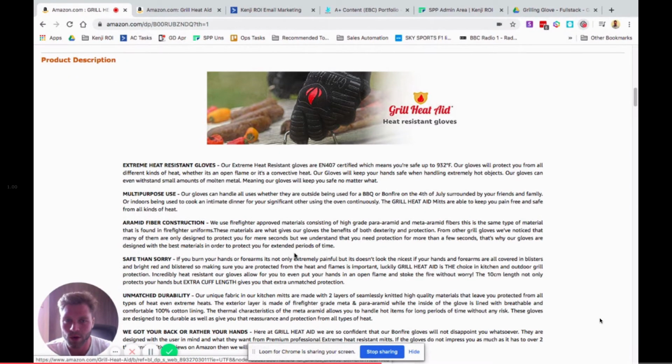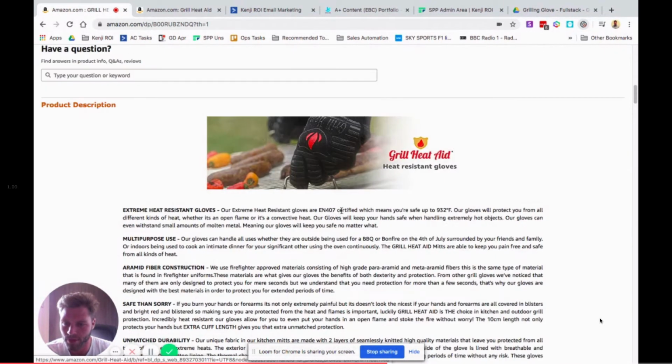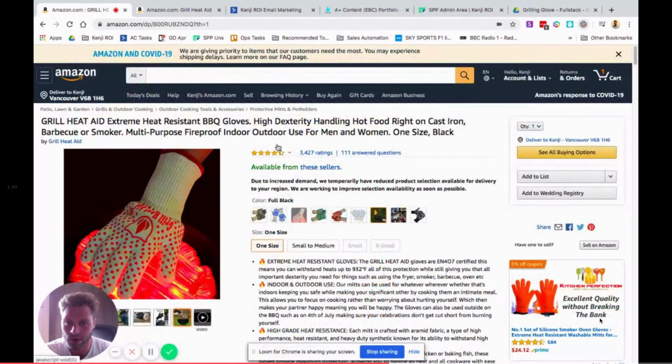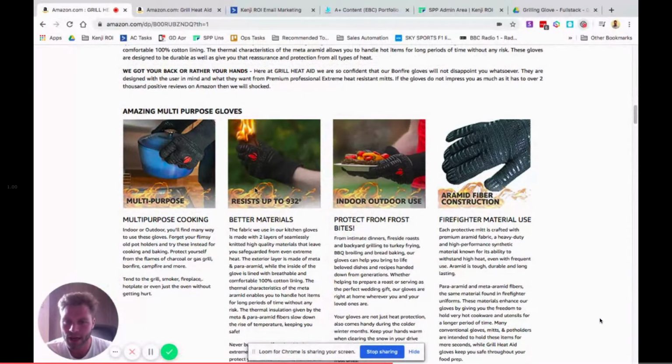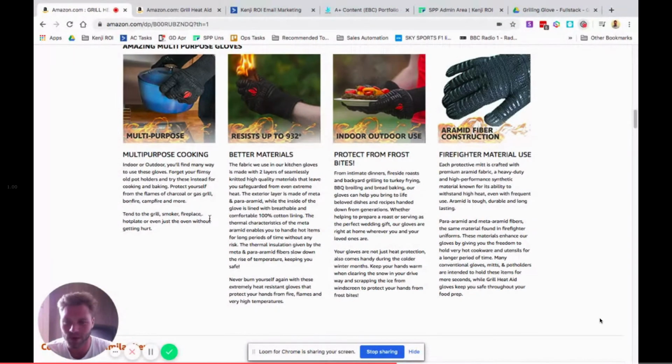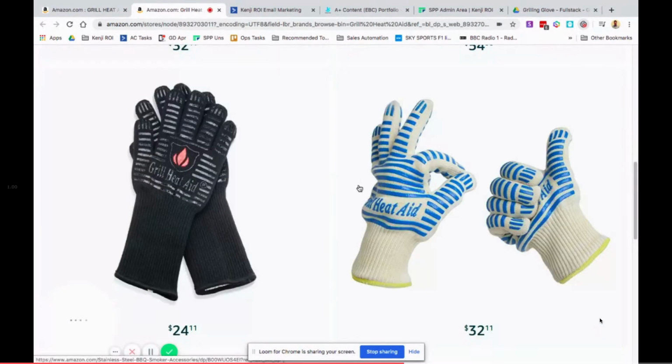Now, you obviously do already have some A+ content. So any percentage points that we can gain would be hugely beneficial given your current performance on this listing. Obviously the higher the performance, any percentages that we can gain is going to be of huge benefit. So one thing to point out that we can do within